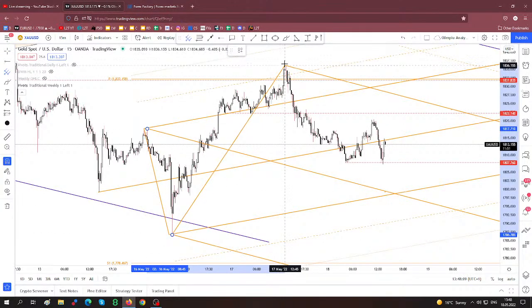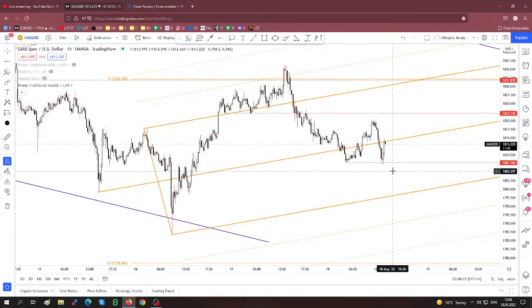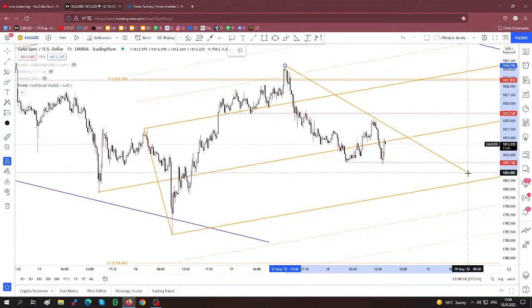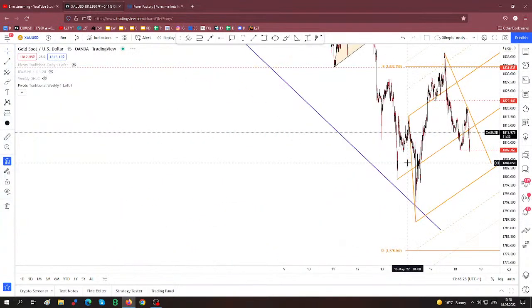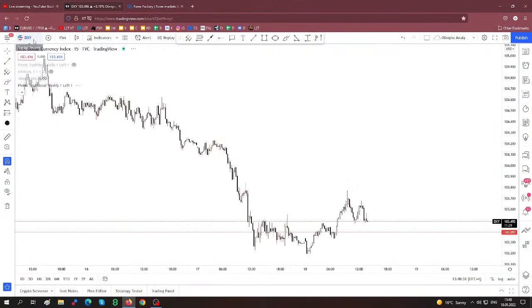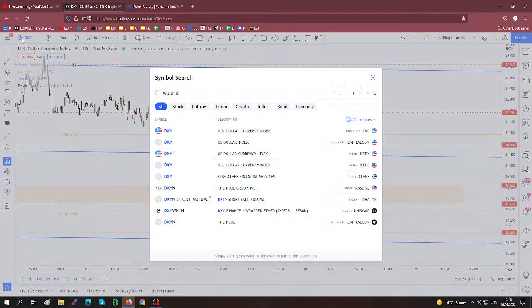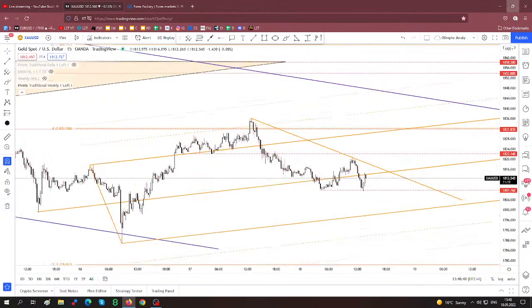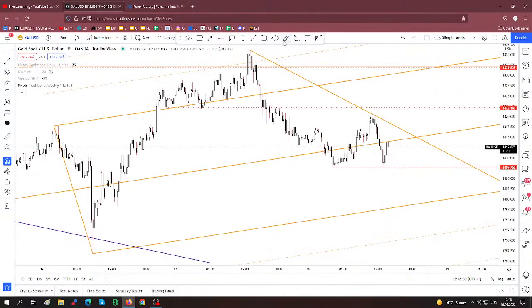1, 2, 3 here, but no. I will keep an eye here on gold, and maybe if the dollar index continues to grow, DXY, let's take a look again at the dollar index. Right now, it could retest these former highs. Maybe I will look for shorts here below this key level, former low, but I'll wait to see, because personally I would like to see test, retest, false breakouts,